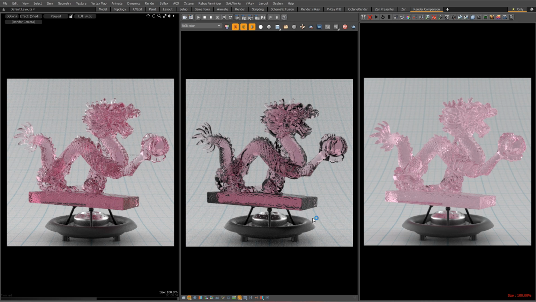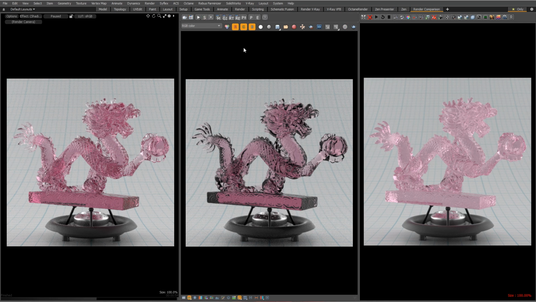Why is that? We've got a bunch of black around here, where in MODO we don't have that on the edges like this. And so we're hitting the maximum refraction depth there, it appears, or something is going on and returning a black color, which is not what we want. So we'll have to take a peek into that with the VRay specific material, because when you're doing transparent color and absorption amount, it's translating, it's making those active in the VRay material with on-the-fly translation, but it's not giving us very good results. So we need to dig into that problem with the VRay specific material, which we can